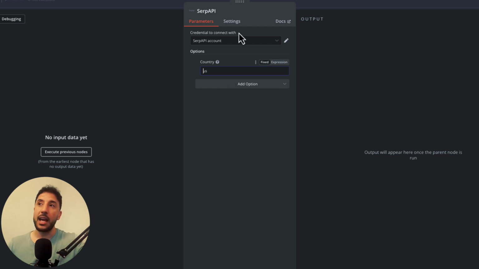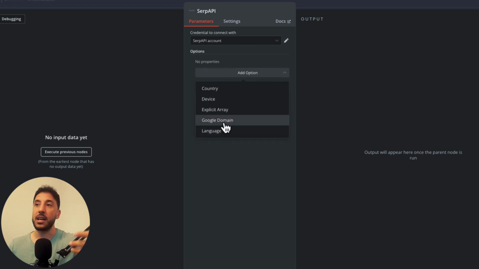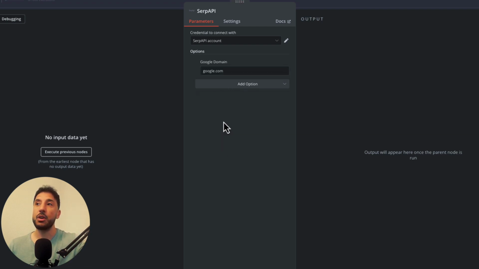But with connecting to SERP API, you can actually limit to different options, and you can even limit it to a Google domain, right? So if you only want to have access to google.com's search results, you can specify that.